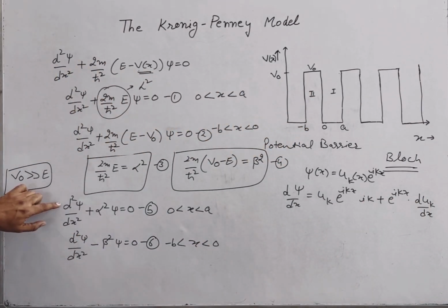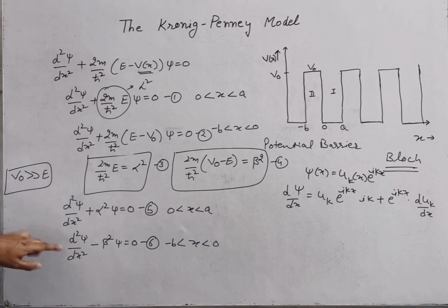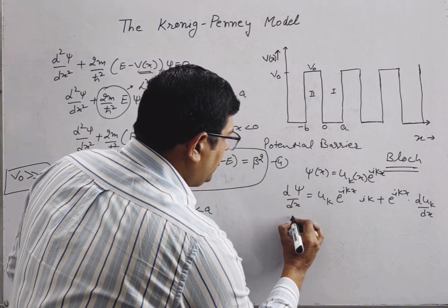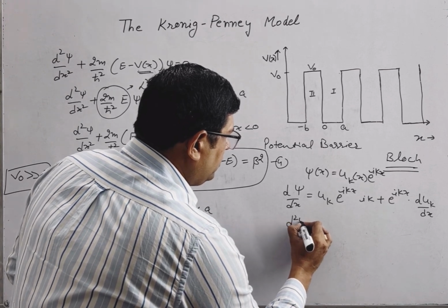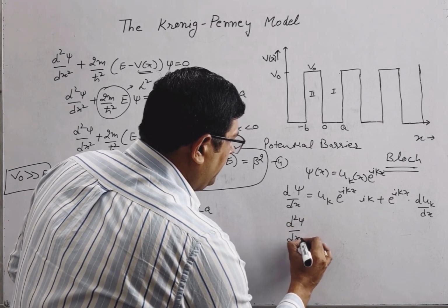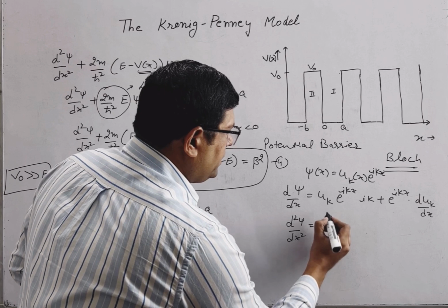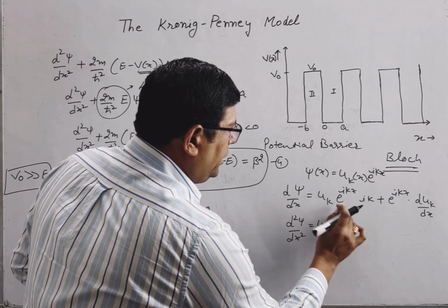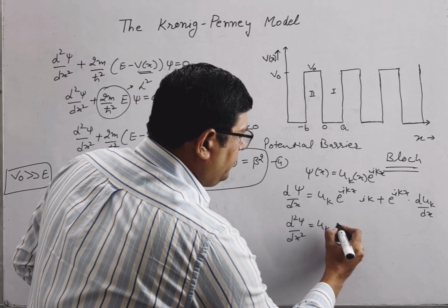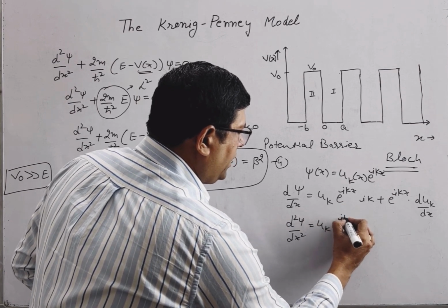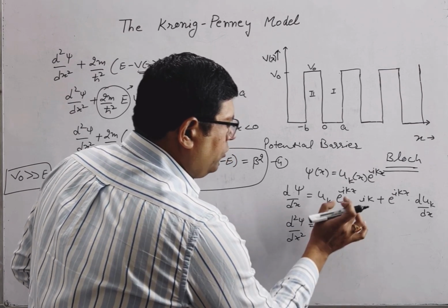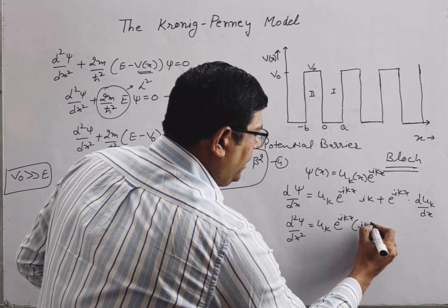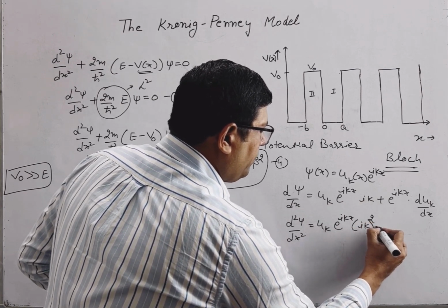And we need d2 psi upon dx square in both equations. So again differentiating with respect to x, d2 psi upon dx square is the first term into the derivative of the second, e raised to power iota kx, and we get again iota k, so this will be (iota k) square